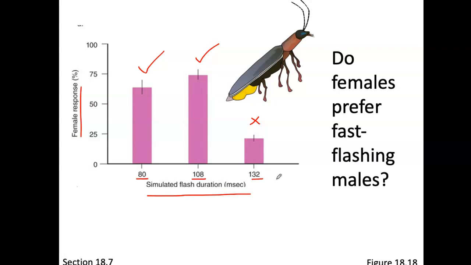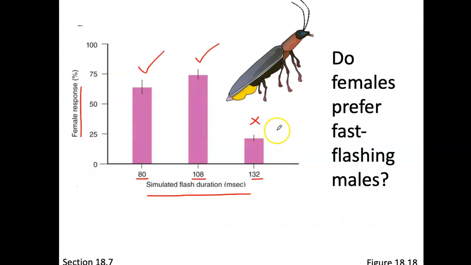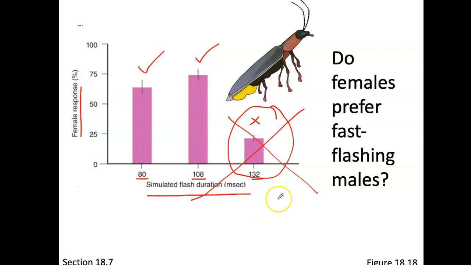So what did they learn? It turns out that this doesn't happen in nature. This is something that the researchers mimicked, and they can do it with a flashlight, but it doesn't really happen in nature. And those female fireflies figured it out. They said, that is not a male. That's something else. We're not interested. But this flashy male, that's a good one. So very interesting studies about choice in this population of fireflies.